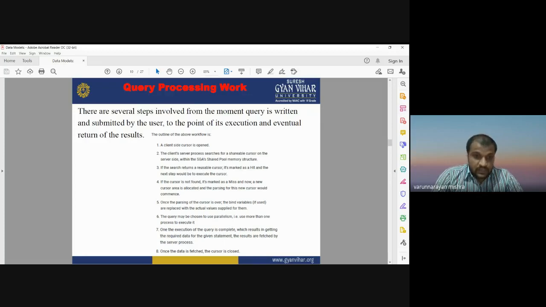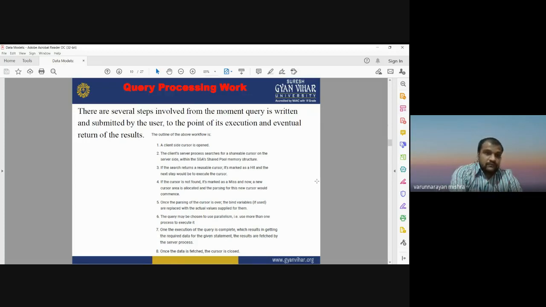In the fourth step, if the cursor is not found: a cursor is a kind of program, a kind of code used during query processing. It is not the cursor you know from using the mouse. If the cursor is not found, it is marked as a miss, a new cursor area is allocated, and the parsing for this new cursor commences.